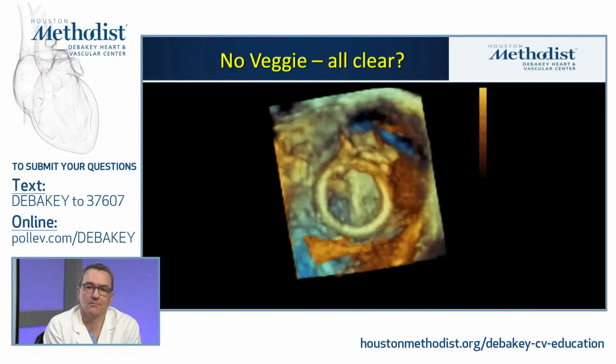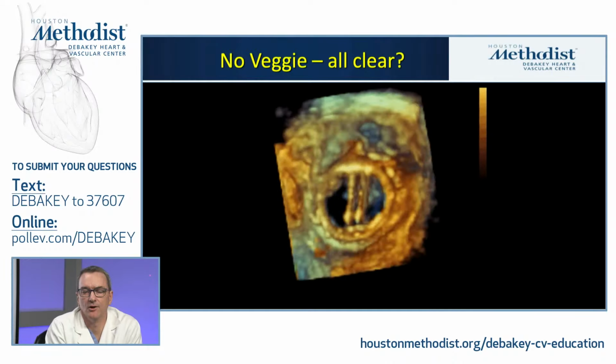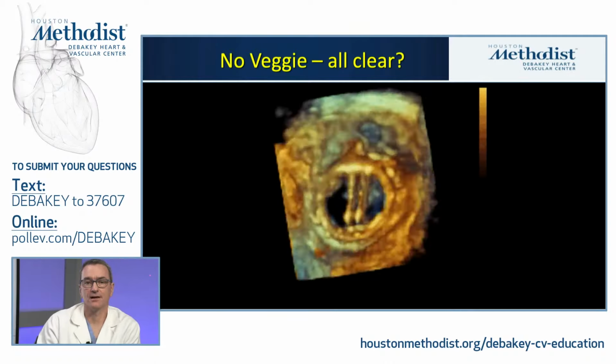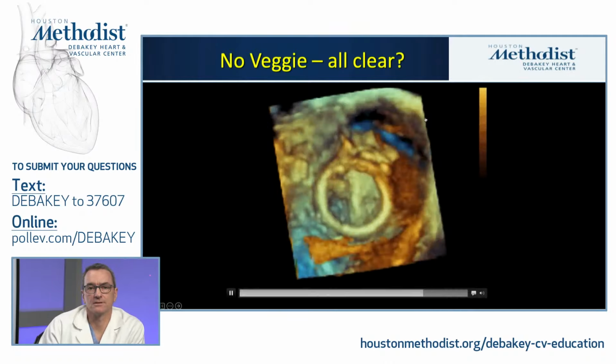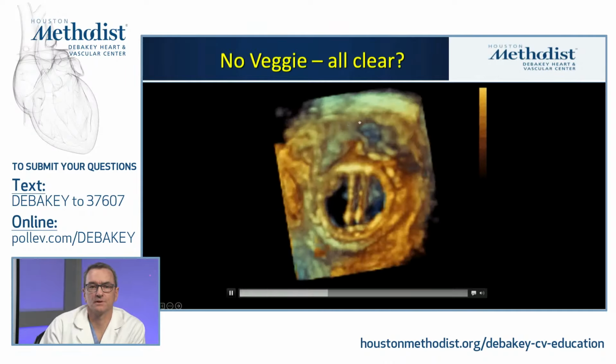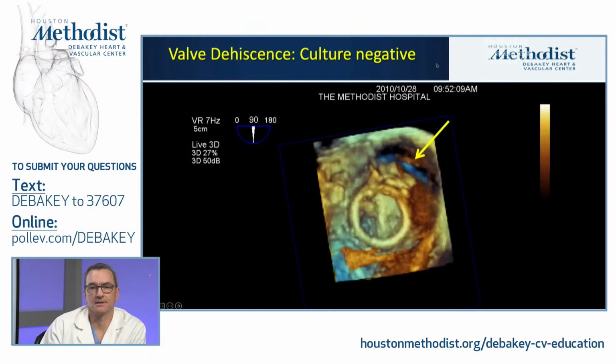This is another case of a mitral valve with a mechanical prosthesis. No paravalvular defect noted, no vegetation noted, very, very high flow. And this looks initially like things are okay. However, all of this space here, sort of between 12 and 2 o'clock, is not echo dropout. This is actually an enormous dehiscence because of recurrent culture-negative endocarditis. In this case, culture-negative because of the long history of parenteral antibiotic use after having a prior episode of endocarditis.